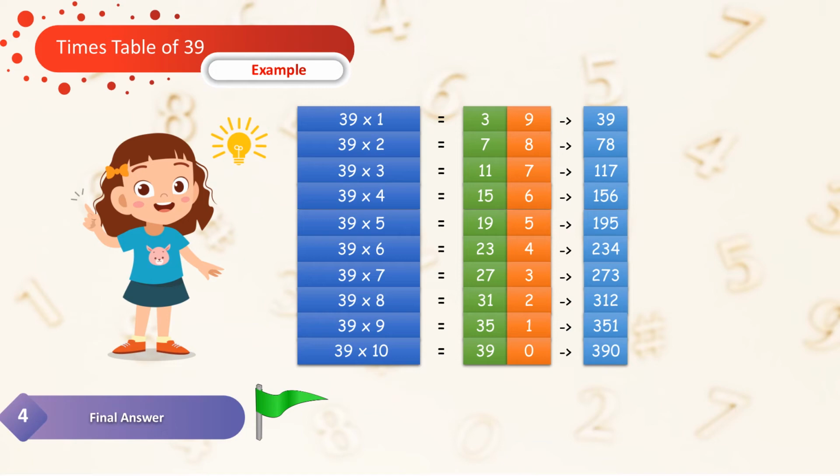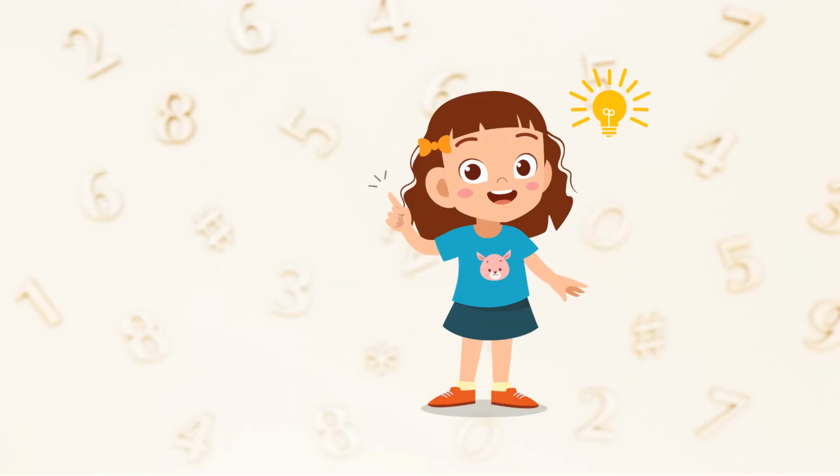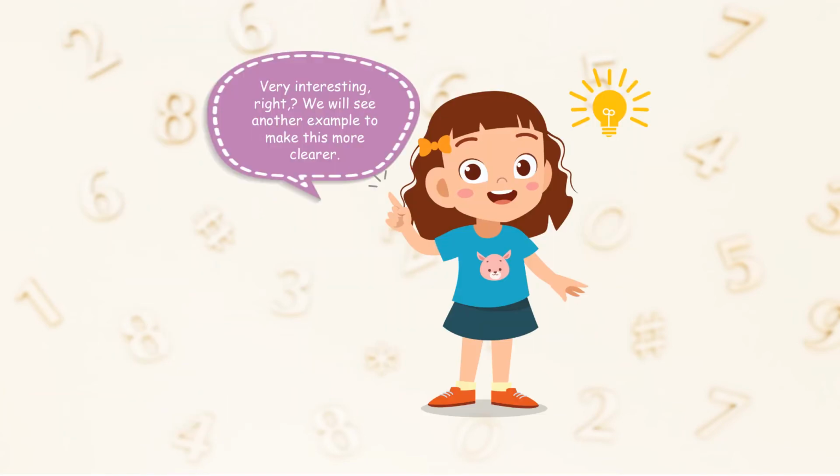Now this method is much faster than the general method we saw to write the times table of any 2-digit number. So if your number ends in 9, you can always use this special method. If you want to see how to write the times table of any 2-digit number, you can always refer back to that video which we have provided in the description link. We will see one more example in this episode and firm this method in our mind concretely.